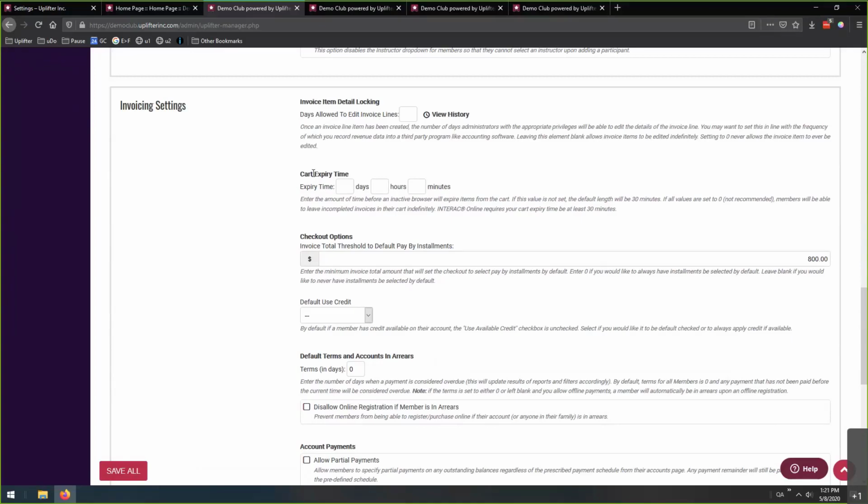Next, we have our cart expiry time. This allows you to specify how long it takes before the cart expires. When someone adds something to cart, how long they have to check out before it expires and frees that spot up. Now, this is important, especially if you're having something that's very, very popular, classes that are very popular, because this is the amount of time that their spot is held for them, and that actually accounts for one of